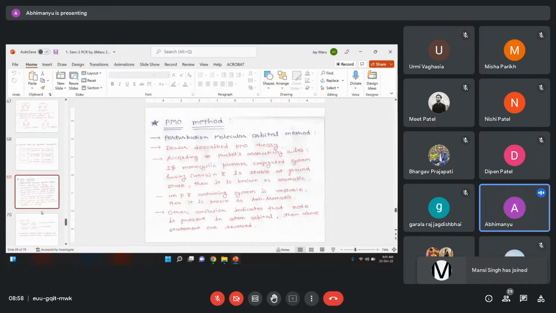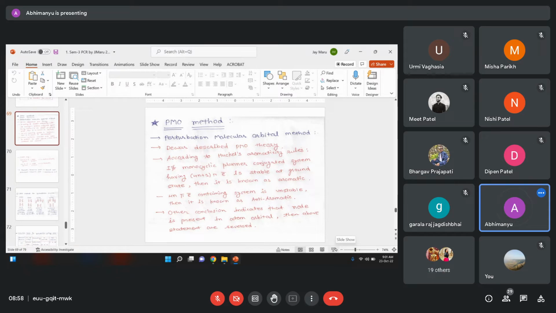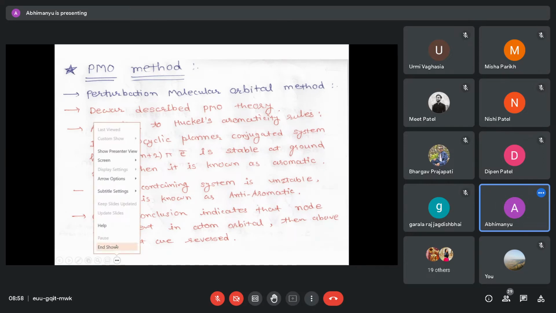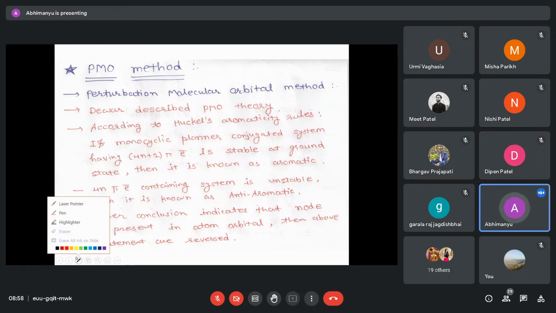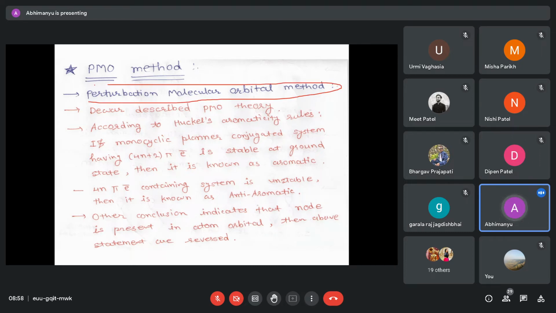Okay. Last topic of this unit is the PMO method. Okay, what is the PMO method? The full name of PMO method is the perturbation molecular orbital method. Perturbation molecular orbital method. Actually,